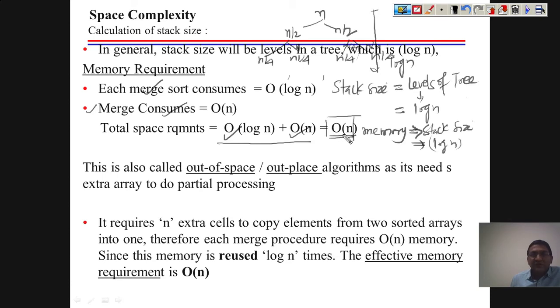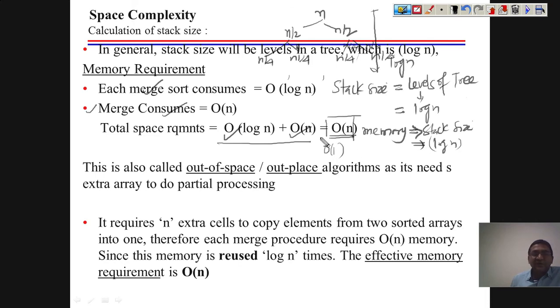Now keep in mind, in quick sort the space complexity is big O of 1, but here it is big O of n, because in quick sort we don't require any extra space. We only require space for declaring some variables that we used in our logic, and that is a big O of 1 space requirement.